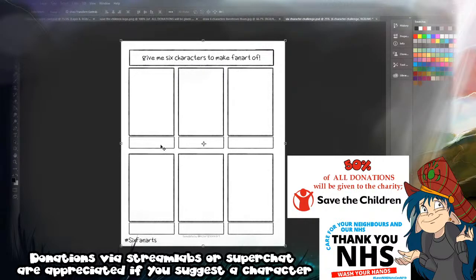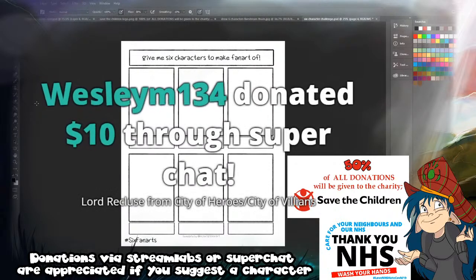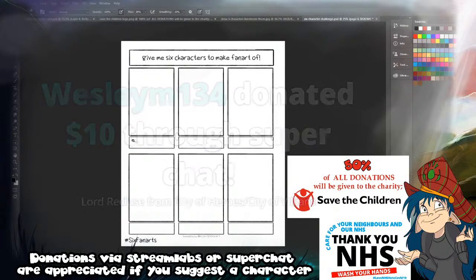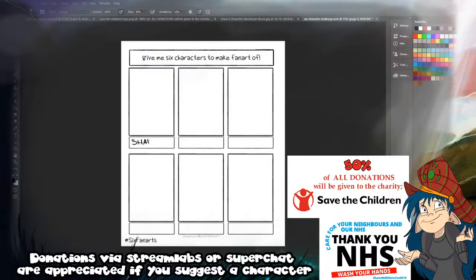Excellent. So let me just write this down. So this will be for page 4. So let me just write page 4. Right, so it's pseudonym. Can you type in the chat the name of the character you want me to draw? I'm just going to write Shadow for now. Well, a bigger brush would help. Shadow. There we go, that's better.